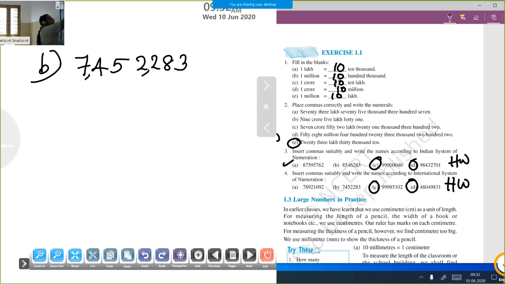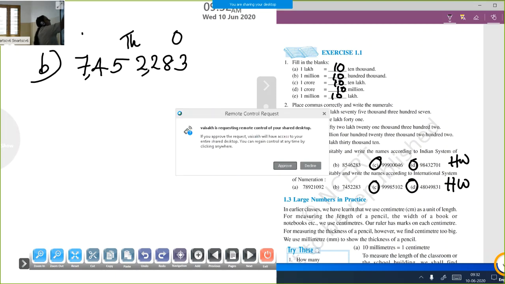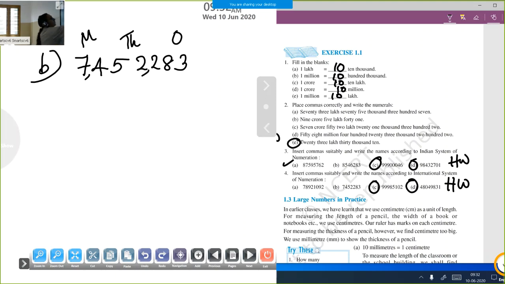Then see, this is the ones period. This is the thousands period. This is the millions period. The teacher is not writing the place value. The teacher wrote the period name on the top, okay, not the place value. So these are 3 digits, the ones period. Next 3 digits form the thousands period. Next millions, okay. Then how to write the number name? How to write the word form? We can write number name, word form, written form, okay.